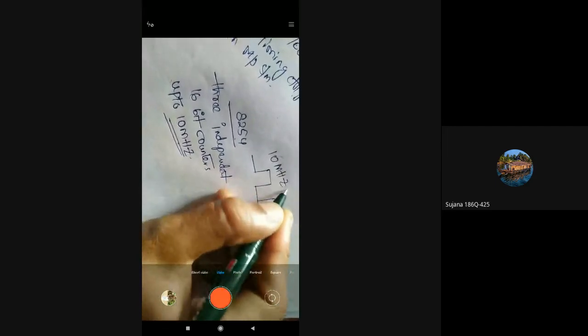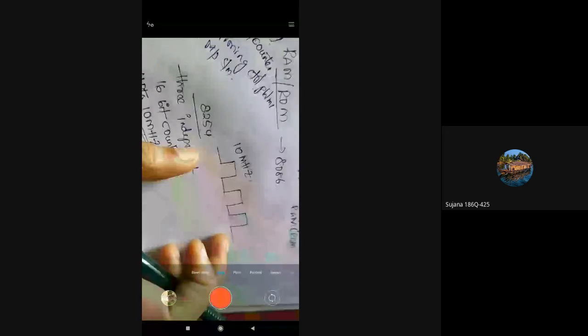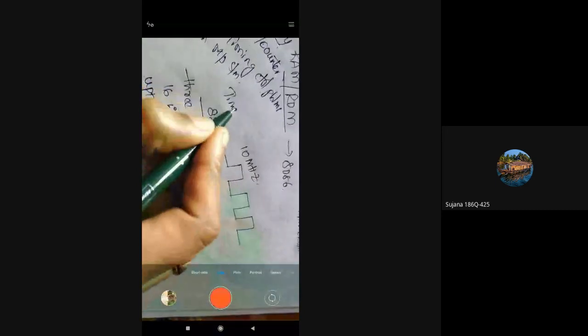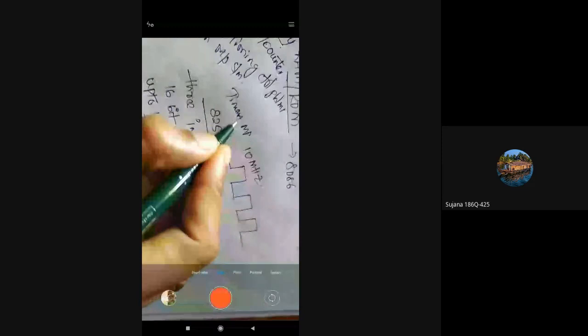That means it will keep the synchronization between the timer device and the microprocessor whose clock frequency is up to 10 megahertz. So this 8254 timer contains three independent counters, capable of handling the clock pulse up to 10 megahertz.